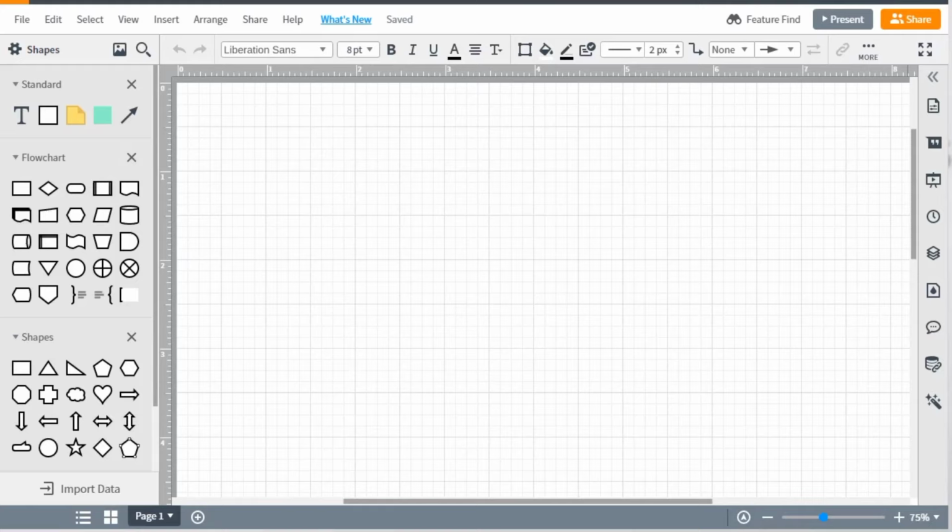That's lucidchart.com. Now, if you're not a visual person and you would prefer to use something like Notepad or a piece of paper, whatever it is, it doesn't matter. At the end of the day, it's just a matter of mapping it out so that you are able to see step 1, step 2, step 3, and all the steps ahead so that you can take this blueprint and implement it later down the road.